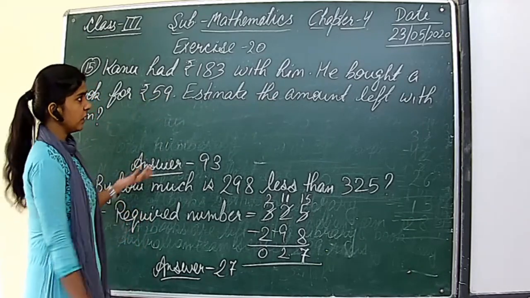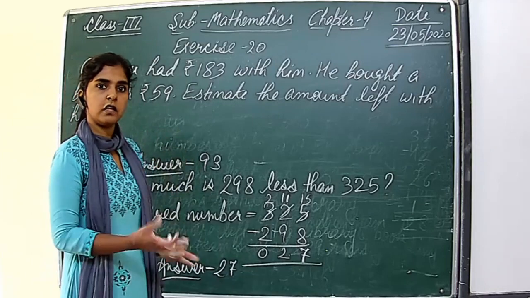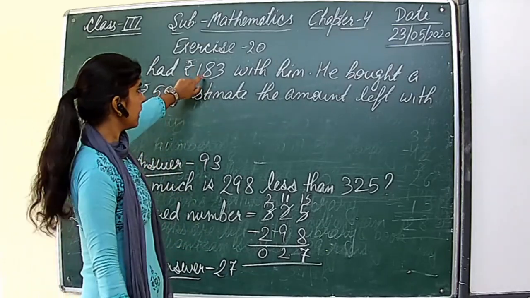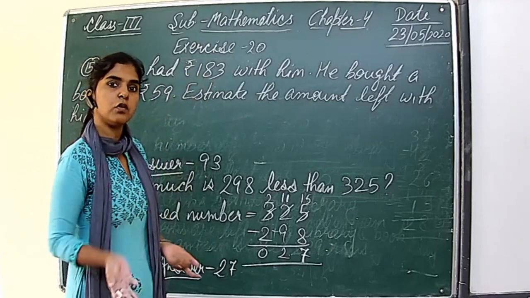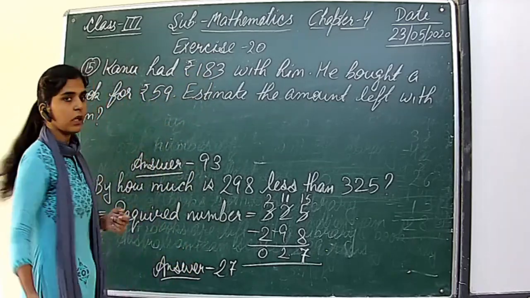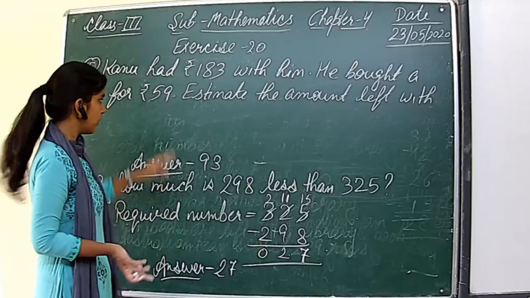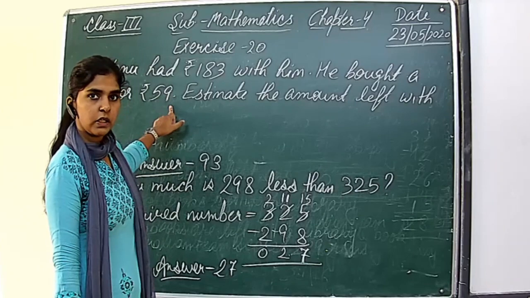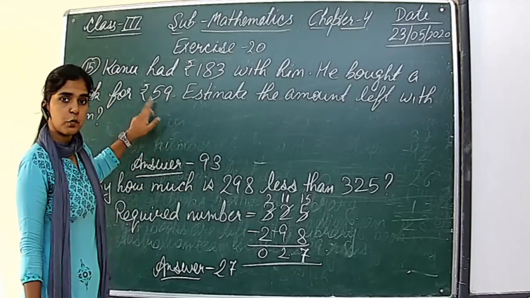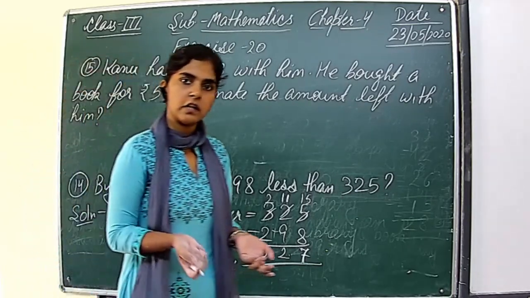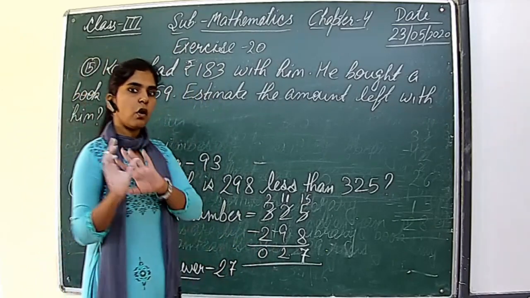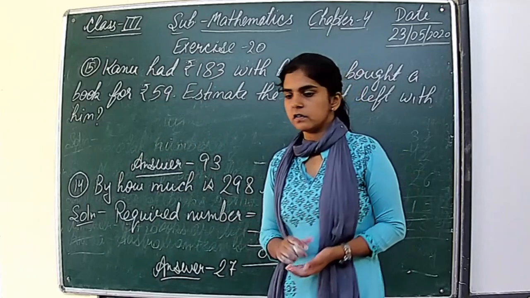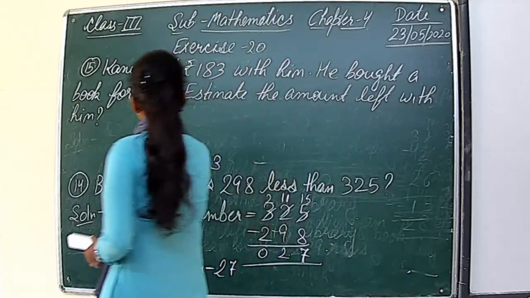And if I round them off to the nearest 100, what will happen? See, it will become 200 because the digit at the tens place is 8 and 8 will be rounded off as 10. And it will become 100 because the ones digit is 9 and the tens digit is 5, and 5 will be rounded off as 10. So that will not be an estimate, that will be very far away from the exact answer. So we will round off the numbers to the nearest 10.